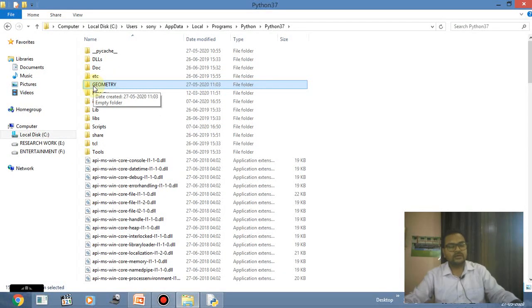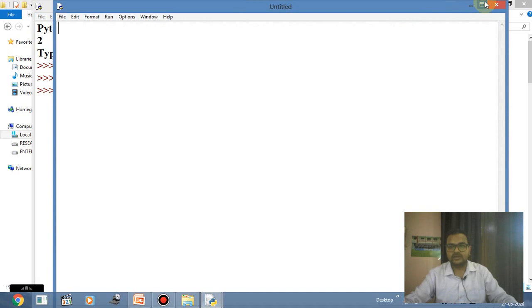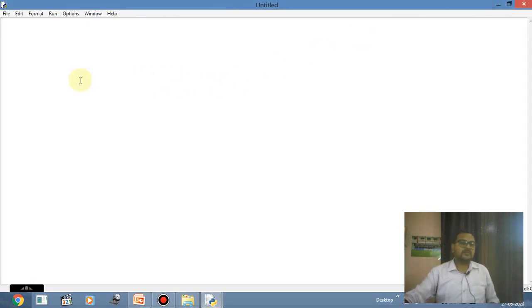And earlier we discussed that a library is a collection of related files. तो libraries में related files होती हैं. And related files mean the library contains related modules and modules contain related functions. So now we will start with our first module. So here I am going to create my first module.